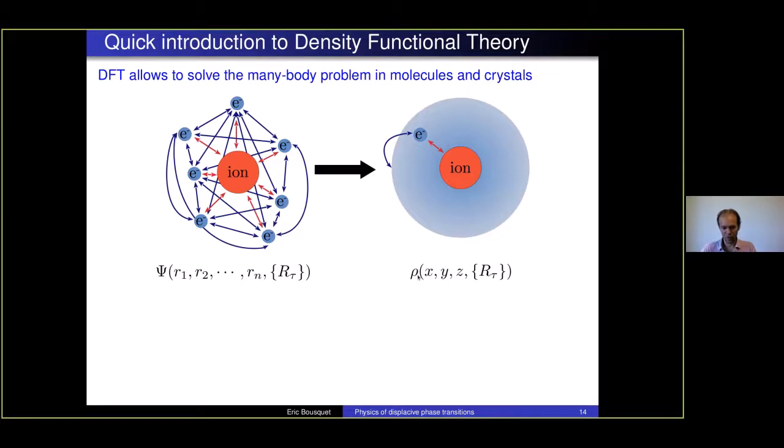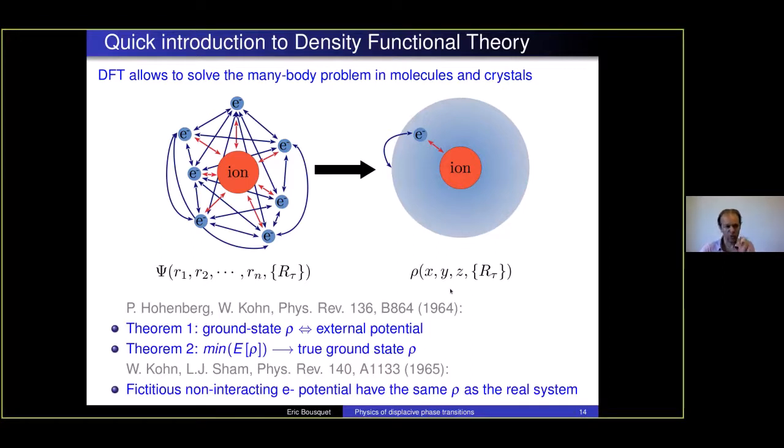Now you replace all the electrons by a density. This means that instead of having, for each electron, the x, y, z position of this electron, you replace it by a given density, which is a value. The density is 1, 2, 3, 0.1, or whatever, for each position x, y, z. So you can see you can reduce a lot of the many-body problem for the electrons, because you go from all electron positions to be taken into account to simply a density of these electrons for each position of the space. And this is the idea of density functional theory.